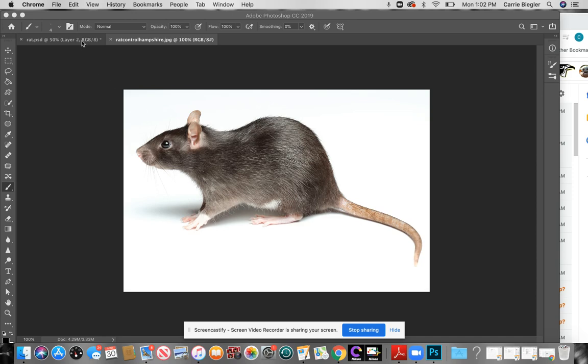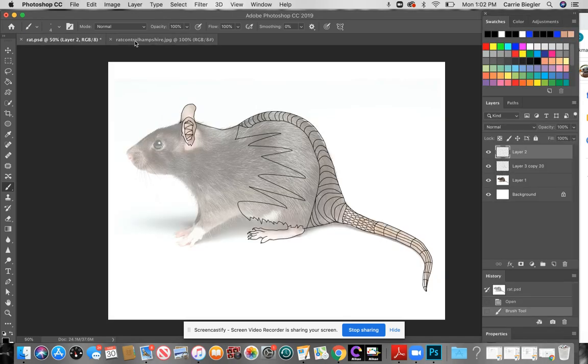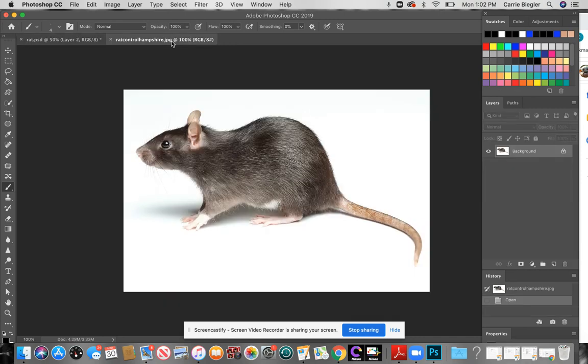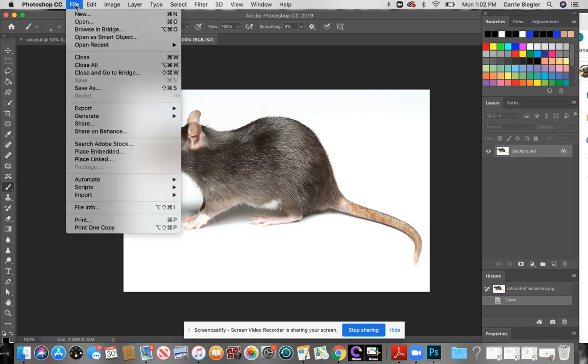So I'm going to be talking to you about working on your animal Zentangle in Photoshop. Right now I have a rat here. I've started to work on my rat. And the way that I got started is I found a photograph. So you were instructed to find a photograph, not a drawing, not a finished work of art, but a photograph for reference. So I found this image of this rat, which is the animal I'm using, and I went to